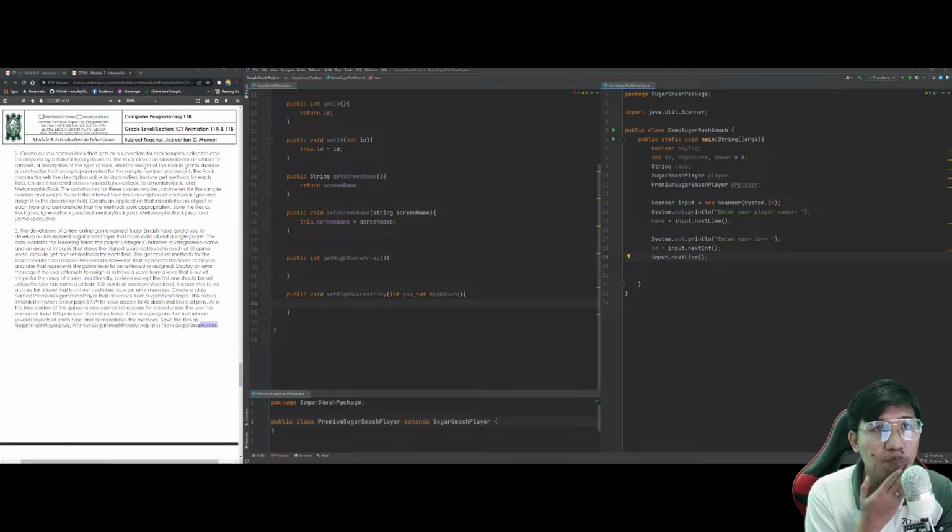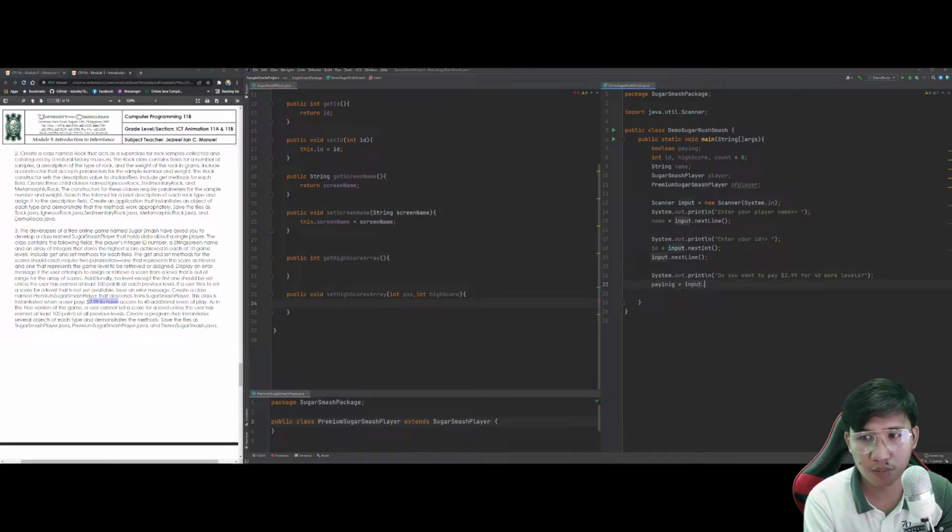Now, I guess it's actually time for us to ask the user if the Premium Sugar Smash player will now be instantiated when a user pays $299 to have access to 40 additional levels of play. So, meron din tayo ditong, of course, boolean na gagamitin natin si paying, di ba? Do you want to pay, nasa yung dollar sign ka, ayun. $299 for 40 more levels. Ayan. So, if yes, of course,